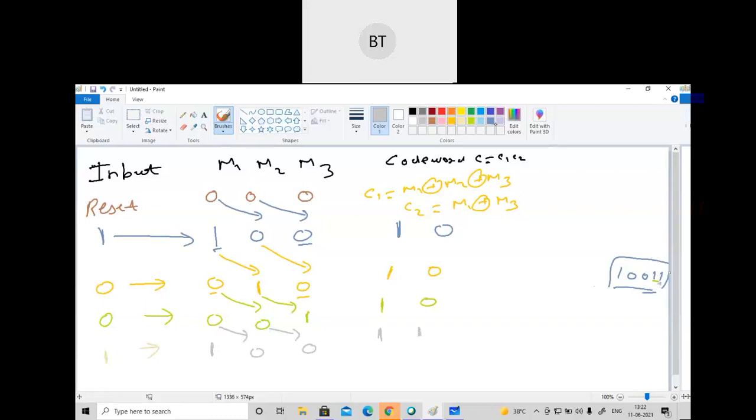Last one, this one will be inserted here. So I'll put 1 here. This 1 will be getting shifted, this 0 will get shifted, and this 0 will also get shifted. Now what will we get? 1 1 1, 1 1 0, 0 0 0, after this 1 0 1. So this is the table which we are getting.